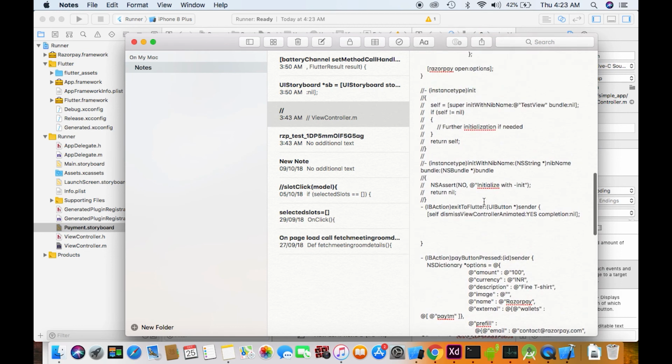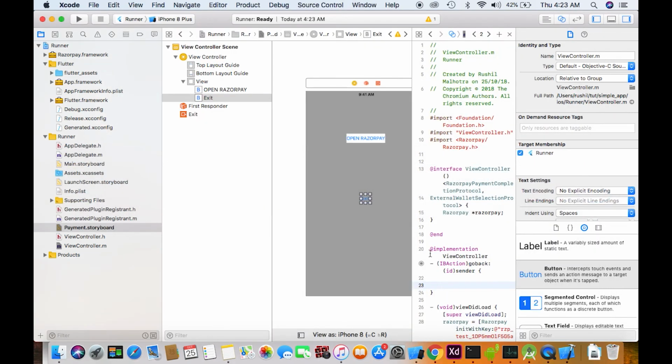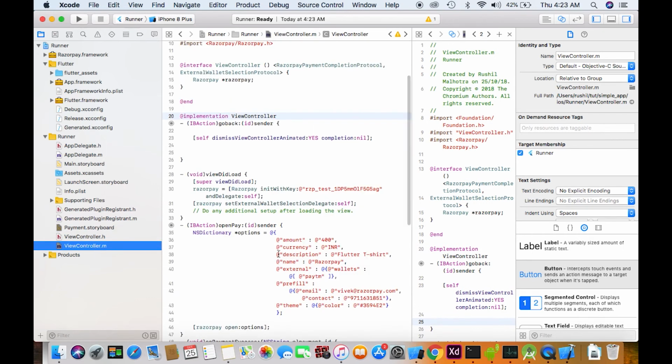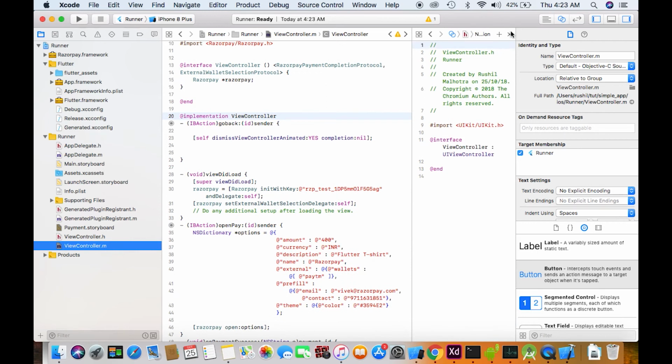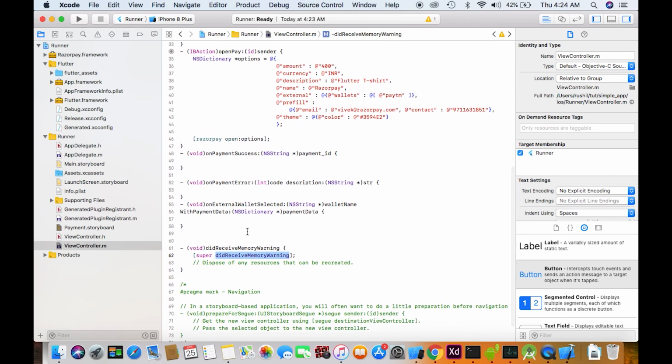It's mentioned that self dismiss view controller animated is equal to yes, in the action. I can also make it false. No, sorry.